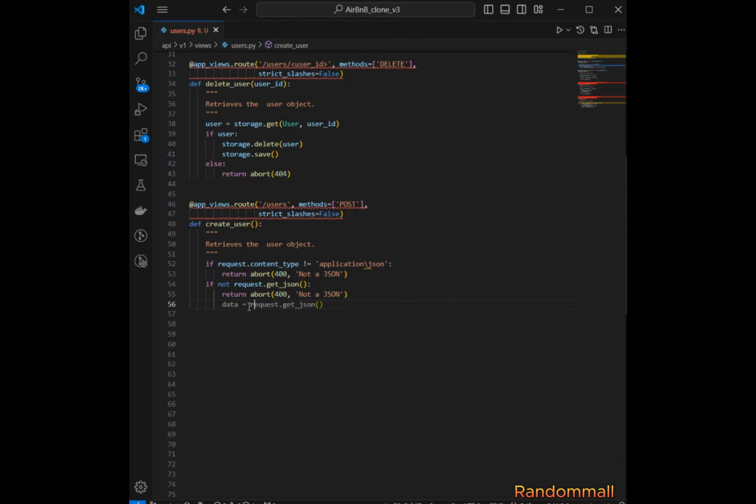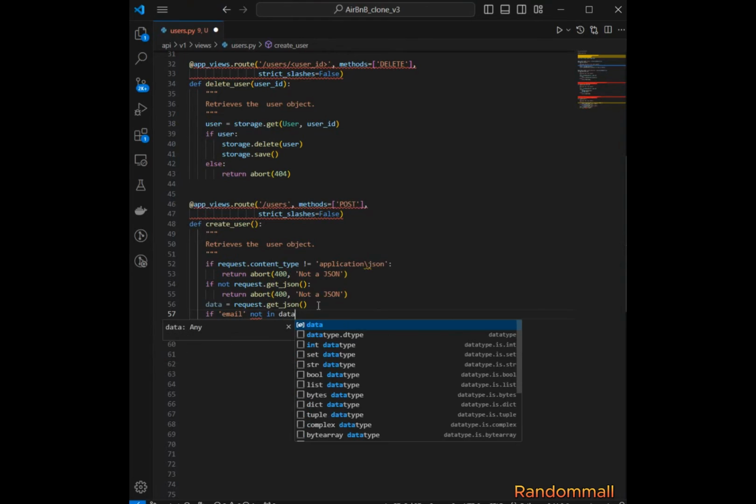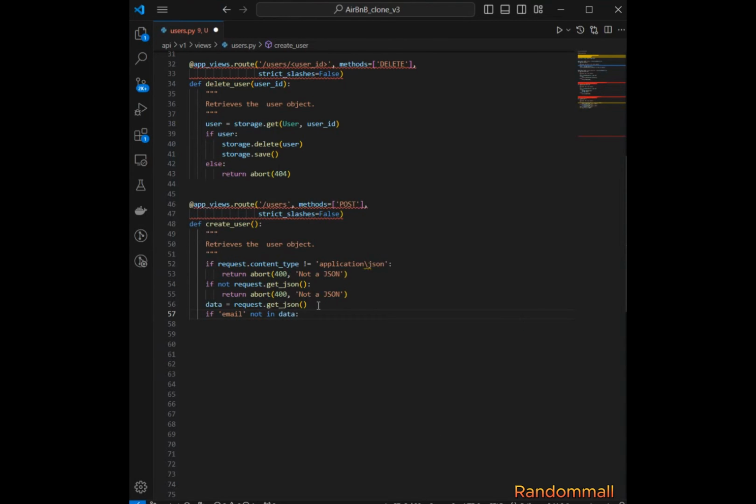Okay, my bad, should be here. And then we're going to check if email is a key in data. If there is no key named email in the data, we are going to return